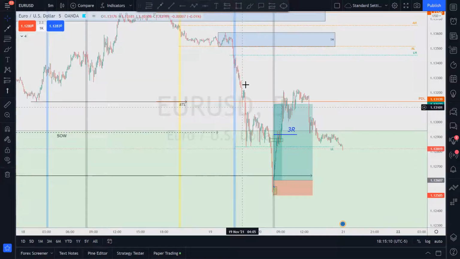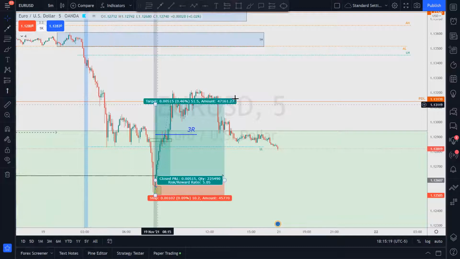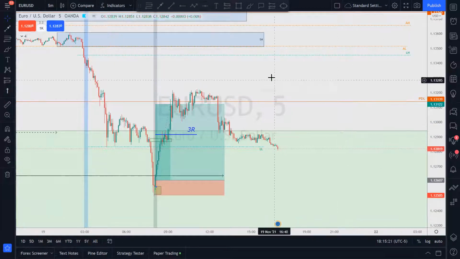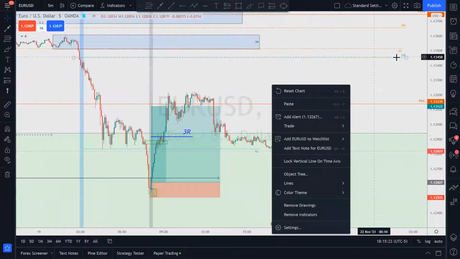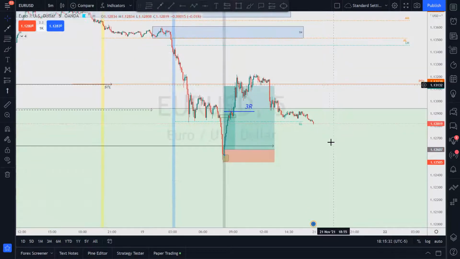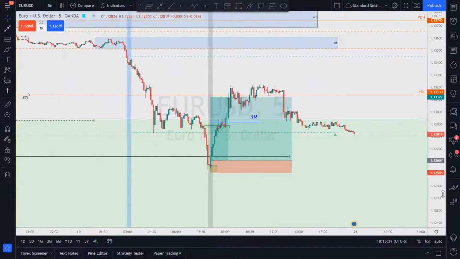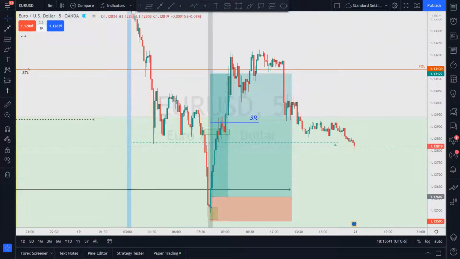All right, but we got caught out here, and you got to recognize where those spots might be. That's why I'm like, okay, this correlates with the previous daily high. No problem. We didn't reach the London high, the Asian low, or the Asian high. That's fine. We reached the previous daily low, and we did pretty well. Sorry for moving things all over the place. Okay, that's it. That's the report.